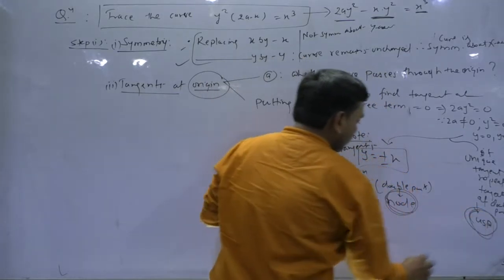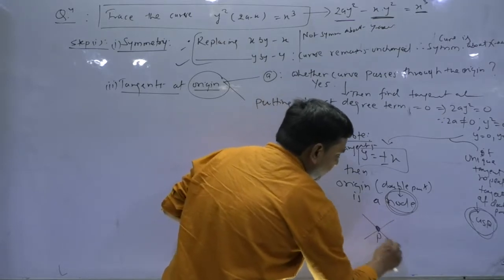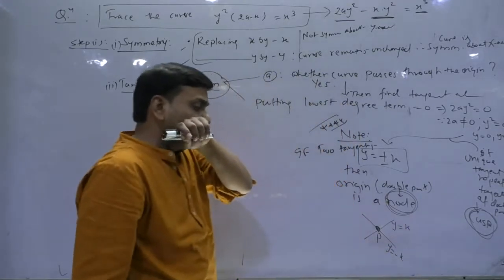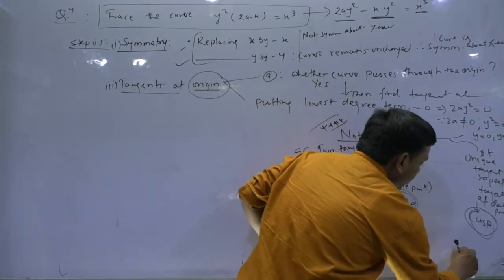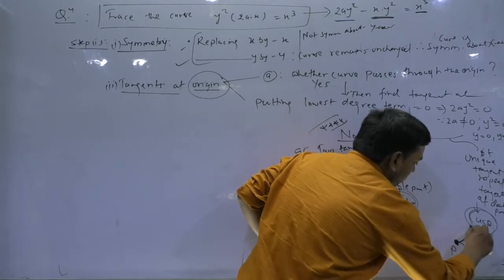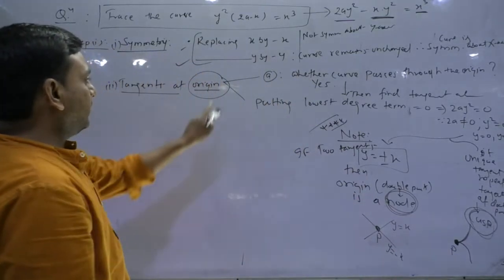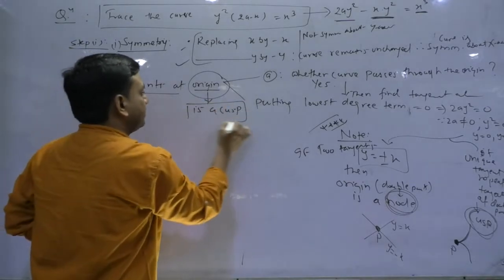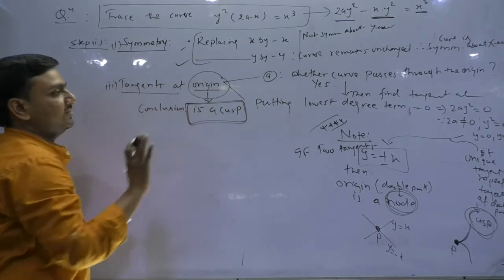Okay बच्चे? Geometrically, suppose that this is a point P, so node will be looking like this. This is suppose that y equals to x. This is y equals to minus x. And suppose that this is a node, a cusp. So cusp पर two branches will be looking like this. Please notice. Clear? And do remember this thing. So अभी origin क्या है बच्चे हमारे लिए? Origin is a cusp. That is the conclusion of this exercise. Any doubt?